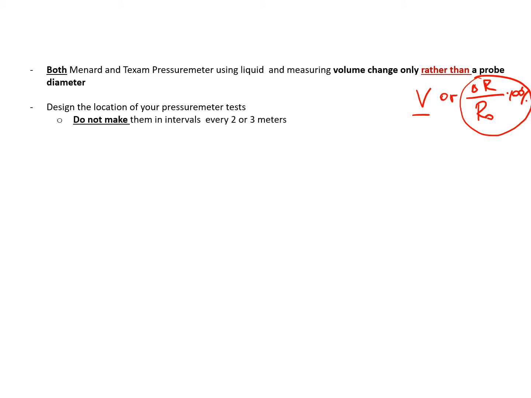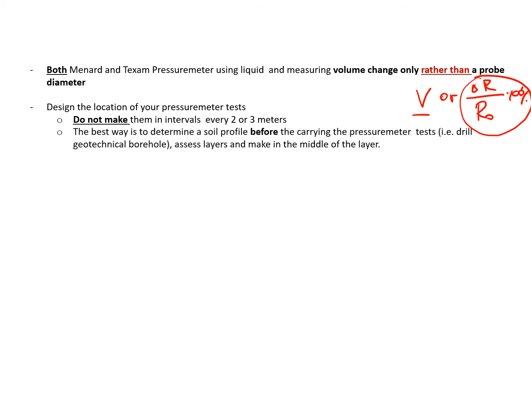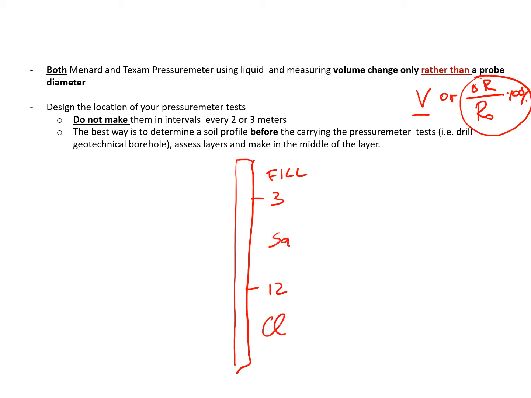So for designers, please don't design your tests by predetermined intervals, 2 or 3 meters. What I suggest is to drill a borehole first of all, a geotechnical borehole, find out the layers, the thickness of the layers, and then design your pressuremeter test. For example, if you drill boreholes and you know approximately you have 3 meters of fill, then you have an additional layer up to 12 meters of sand, and then you have clay up to 17 meters. So what you can do, you can make one test at 1.5 meters, then maybe 5 and 9 meters tests,